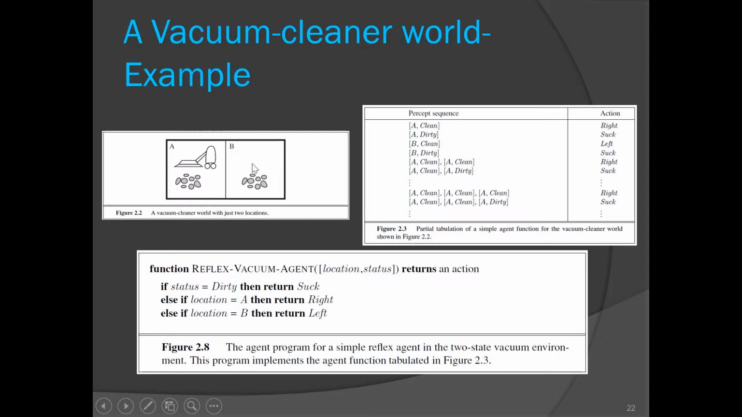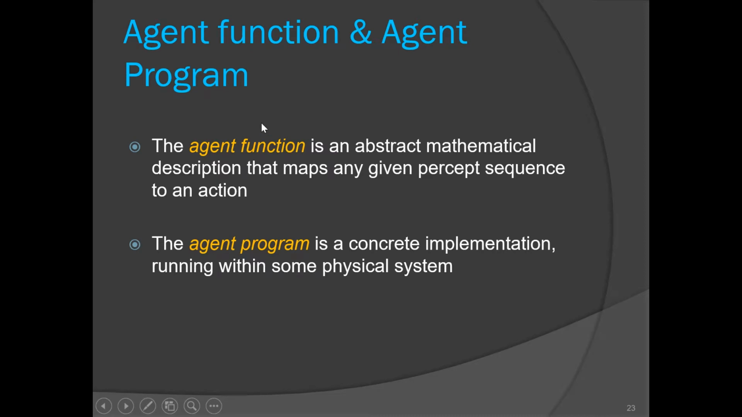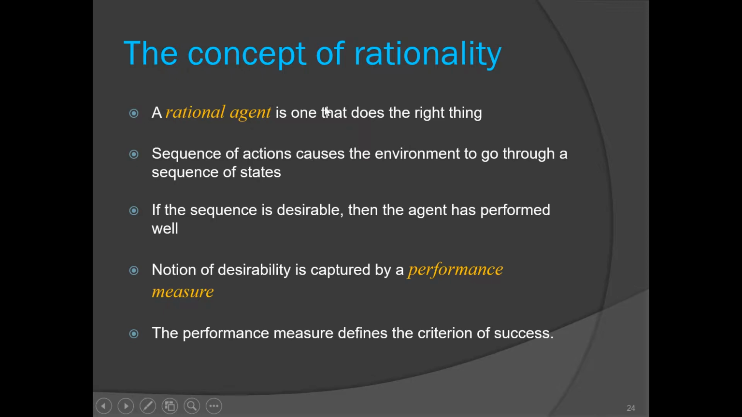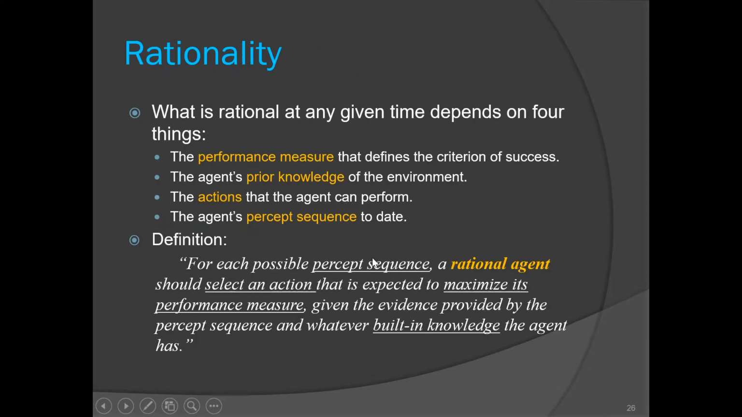We have seen many times we have used this example, vacuum cleaner example and autonomous taxi example, and the table driven agent was implementing this table, right? Then we have seen the definition of agent function. Agent function is the description that maps any given percept sequence to action, right? An agent program is the actual implementation of the agent function. Then we talked about the rationality concept, and then we have defined the rational agent, right, based on these 4